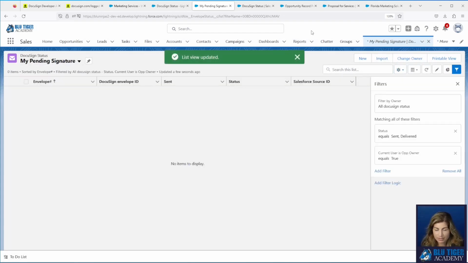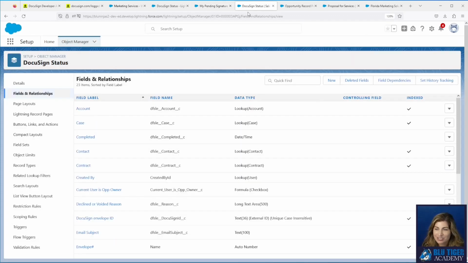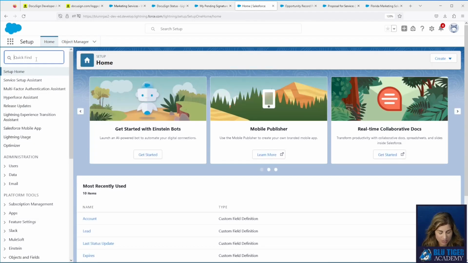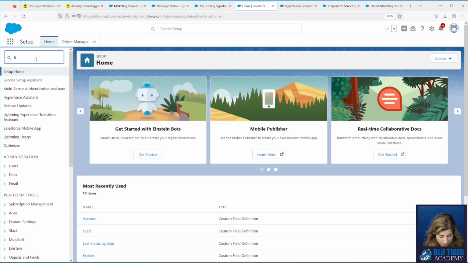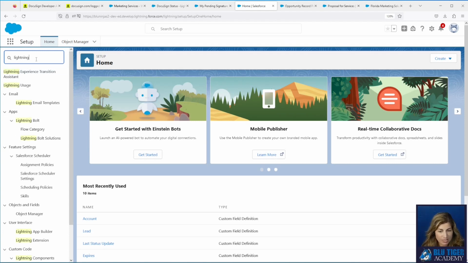Now, this is a great list to put on somebody's homepage. So we like to make the homepage a command central for team members. It is only the things that the current user cares about should go on the homepage, not what the current user's manager cares about, because the homepage is all about the user. It's not about anybody else, in my opinion. So it should only contain things that user is going to find valuable and needs to keep an eye on daily. This is one of them.